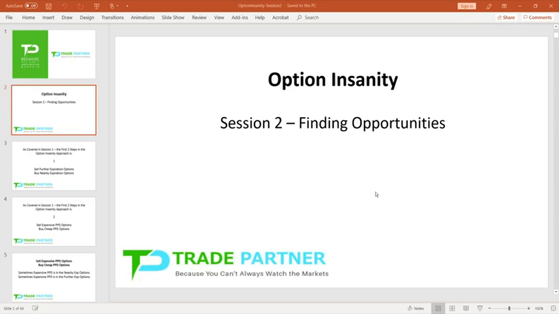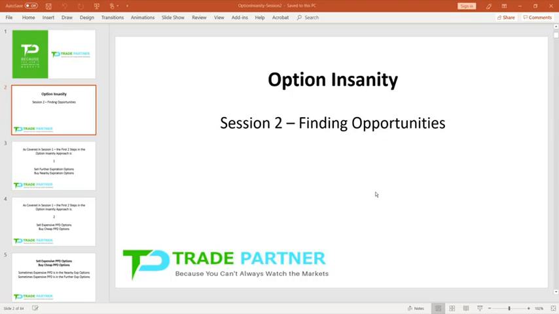For example, the PPD. Buy cheap PPD options, sell expensive PPD options. Well, that's the backbone of virtually every option spread strategy that I trade. Right? That's the principle behind it. And there are things that I say with regard to that in certain courses, based on certain strategies that are more relevant for those strategies. And there are certain things that I will say with Option Insanity that are more relevant to this particular application of that same principle. So what I'm going to do today is go back just a little bit